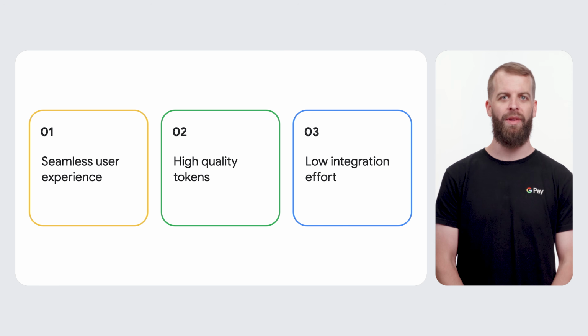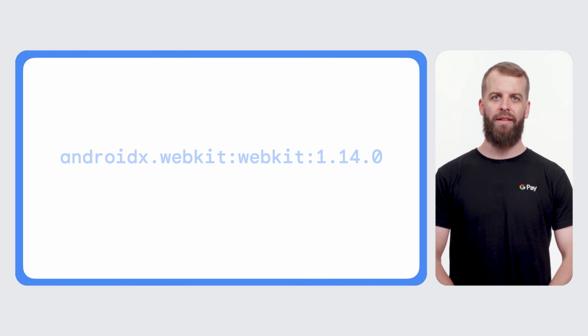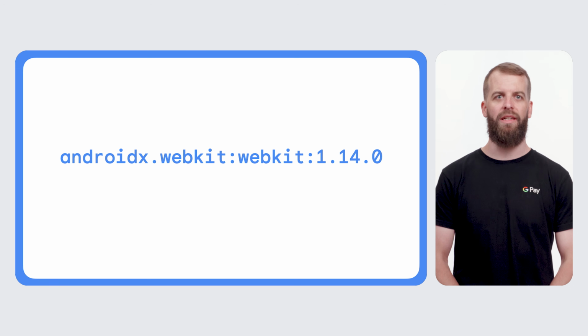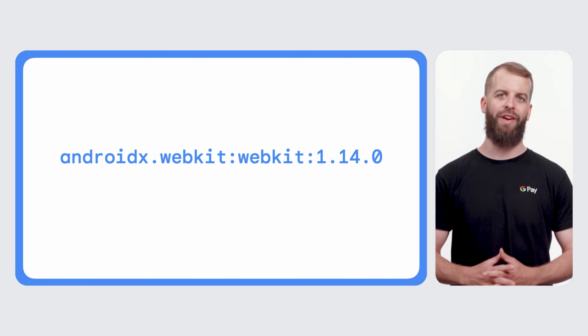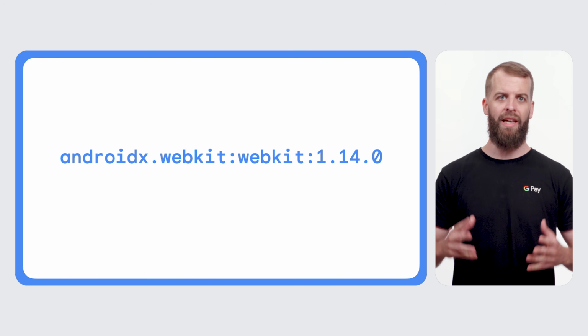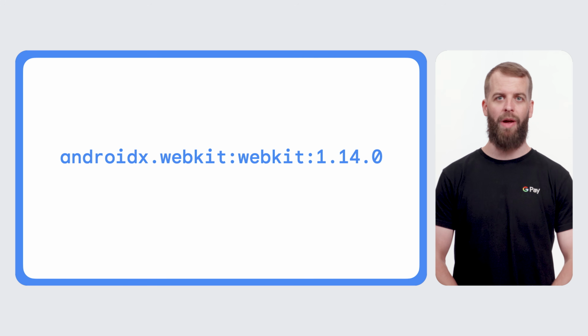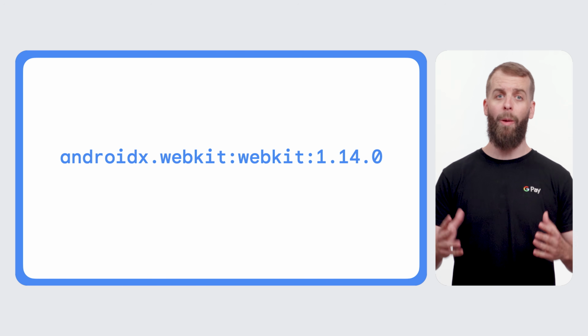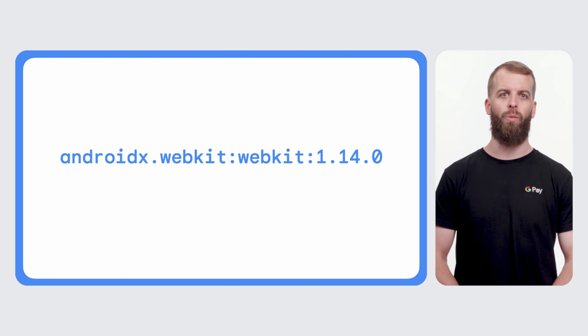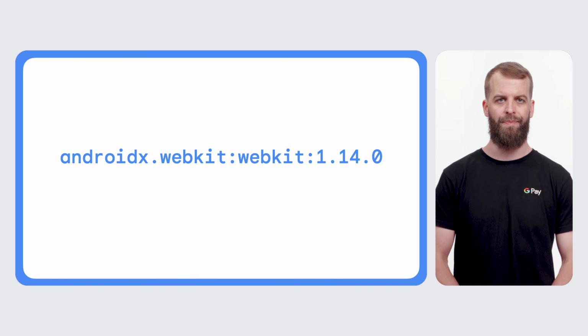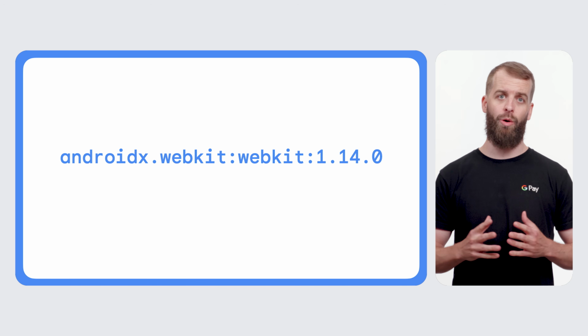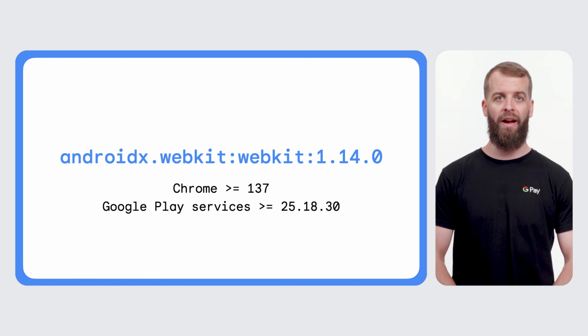First, add the AndroidX WebKit dependency to your Android project using your favorite build system. If you're already using AndroidX WebKit as a dependency, update the version and make sure it's higher than 1.14.0. Also, make sure to test on a device with Chrome 137 or higher and Google Play services with a version higher than